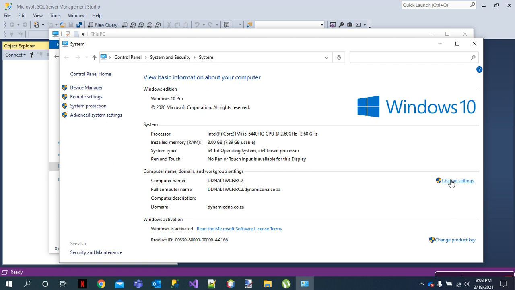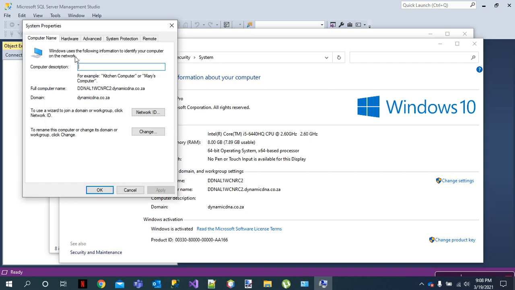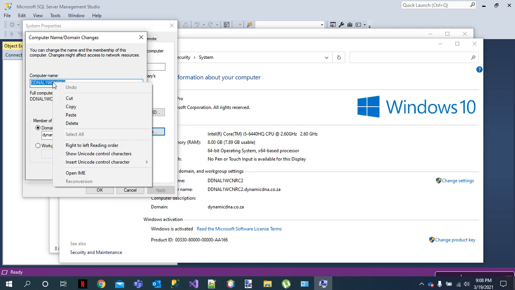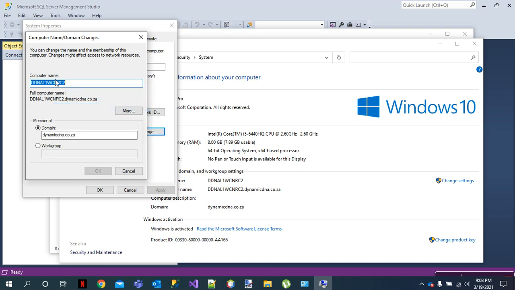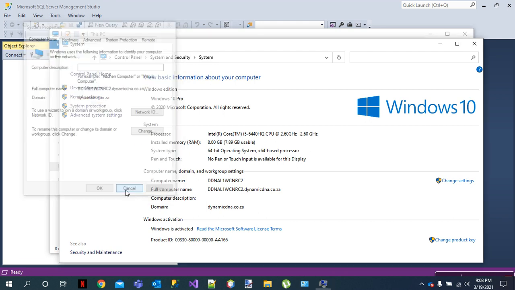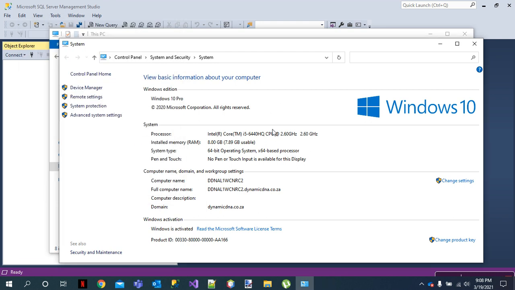In most cases, if I want to copy this, I can just come and say change and I will copy this name. Right, so I'm just referencing to copy the name here. If you are working on a school machine or a machine wherein you've been restricted to do a lot of things because it's managed somewhere else, these options might not be available to you. But don't worry, you can still just type it out, write it on a piece of paper, take a screenshot and be able to type it out later on.